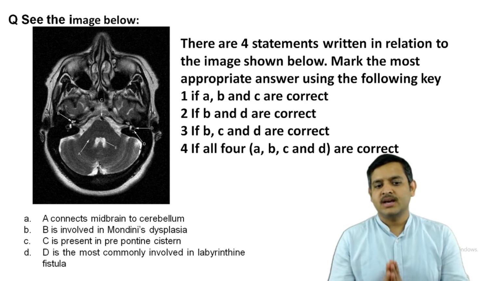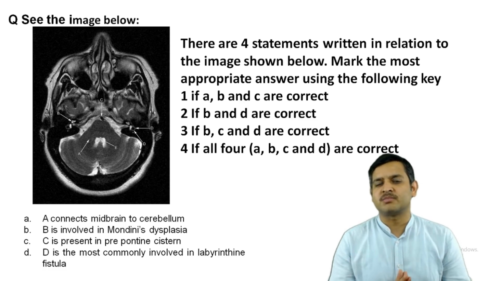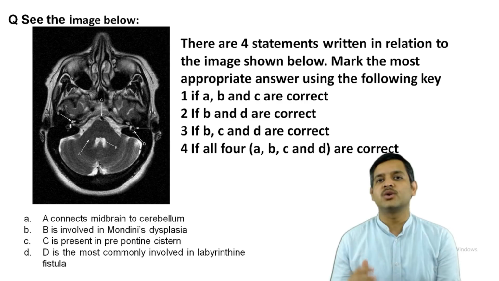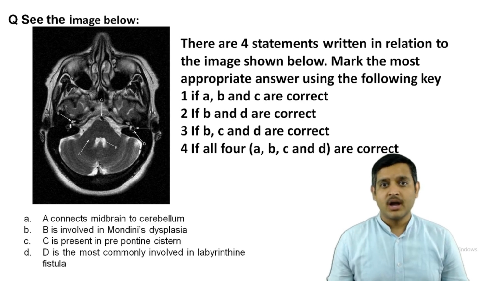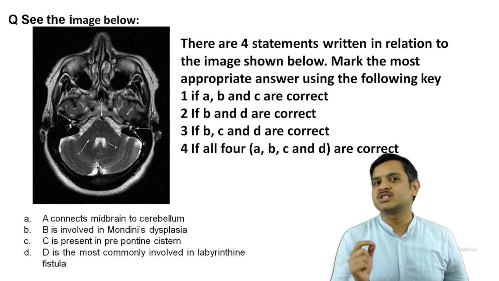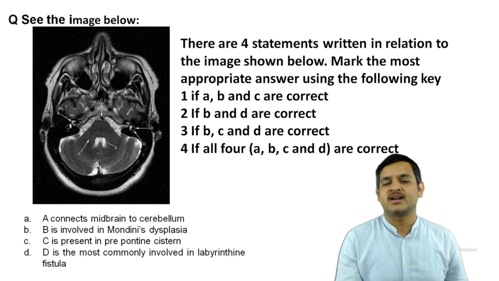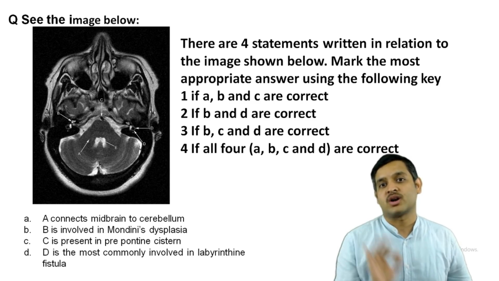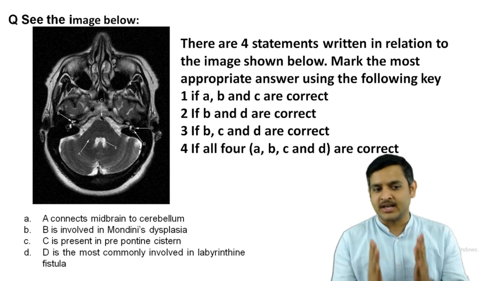If you see, B is involved in Mondini's dysplasia. Now there are chances that you are not aware of this, but it does not matter. You definitely know that this is a correct statement. And why do you know this is a correct statement? You know this is a correct statement because it is there in all the options. Now those who have slightly more knowledge, those who are aware about Mondini's dysplasia, know that Mondini's dysplasia involves the cochlea. Automatically, even if you cannot identify that the B structure is cochlea, you can now identify that structure number B is cochlea. See, the whole idea is being slightly smarter in the exam, nothing else.